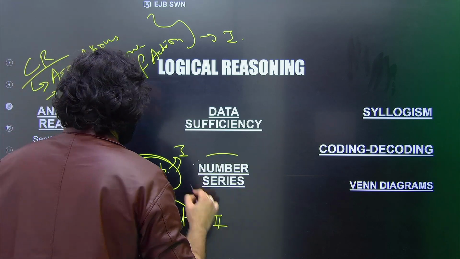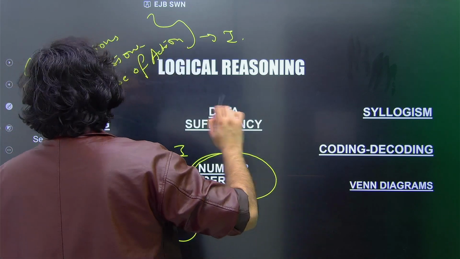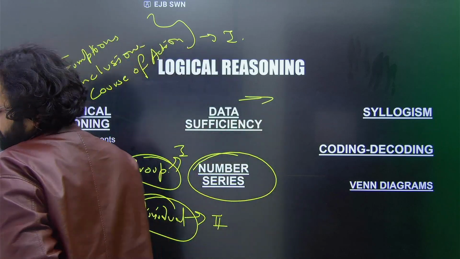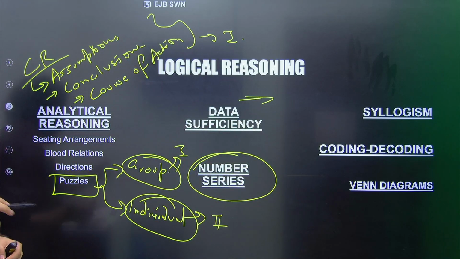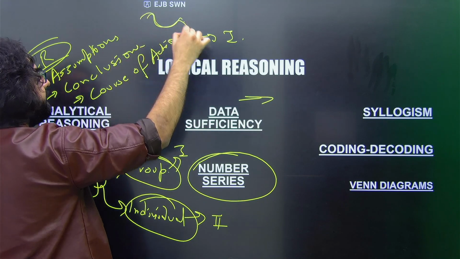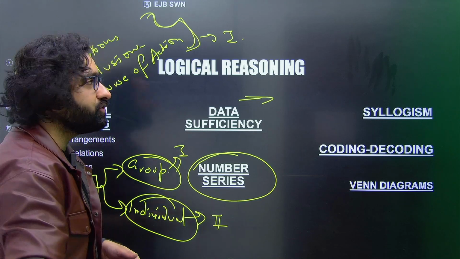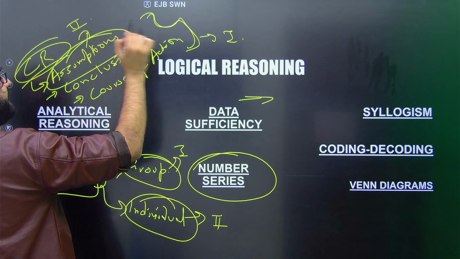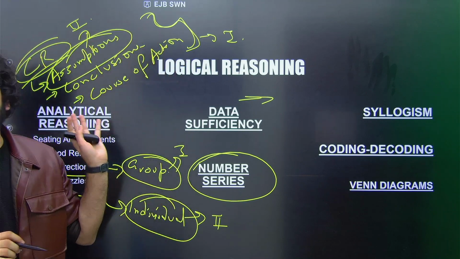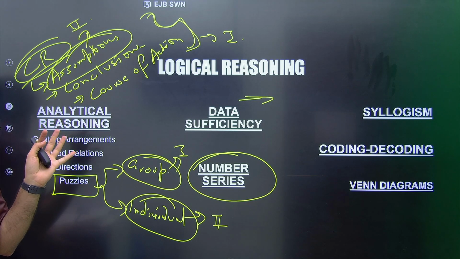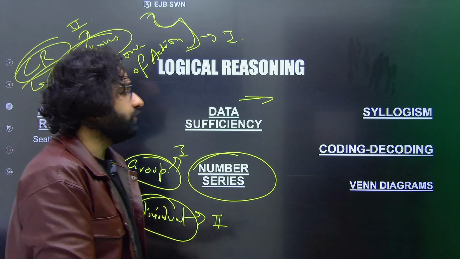And moving on, in the second category, we would also put in any kind of missing term when we come to number series. And when it comes to the CR questions, if out of these three you also want to make a certain kind of choice, you can put assumptions in the second category instead of the first one. But conclusion and course of action, we extremely heavily suggest that you should absolutely make sure that this is not something you miss out on.